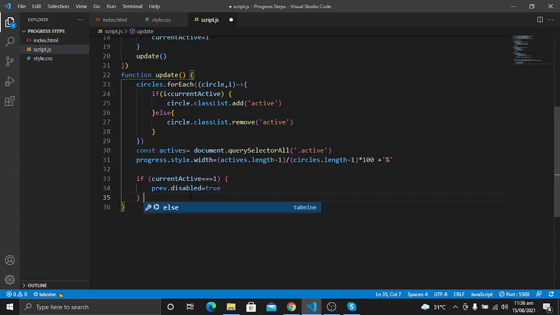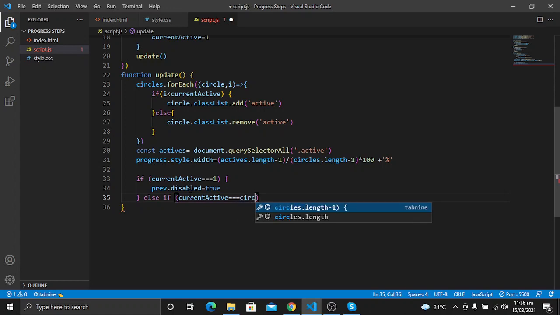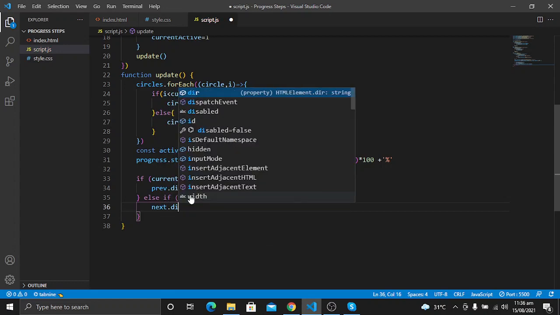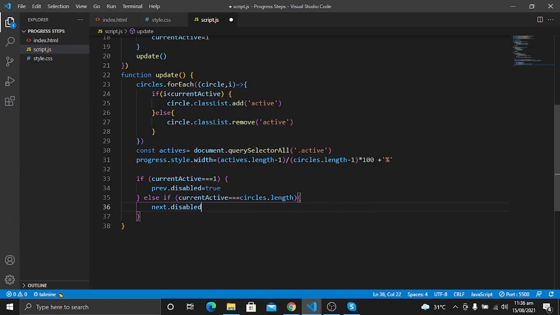Then we will write an else if statement. Here I will check the length. If the current active is equal to circles dot length, it means it is the last item, then I will set the next button to be disabled.